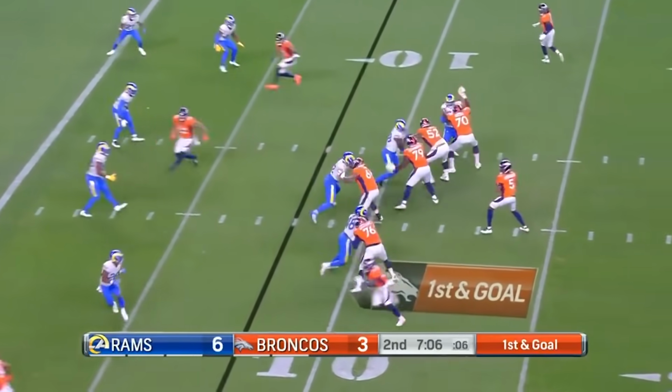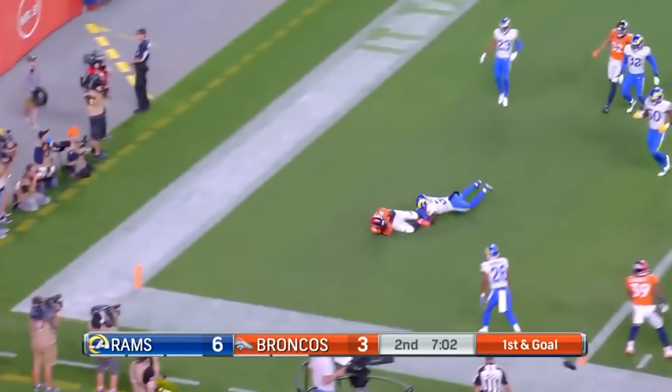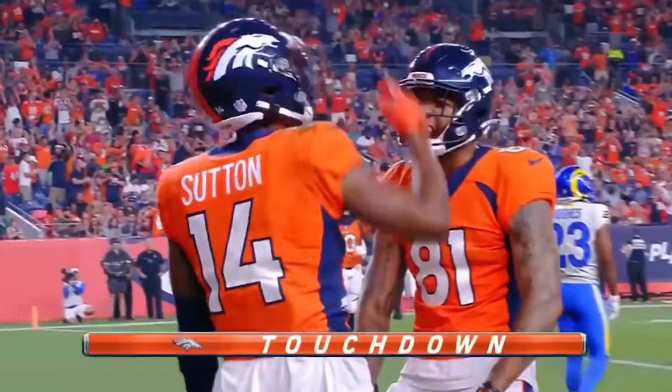But it was good to see them get some points on the board there in the red zone and not just come up with field goals, right? What do you think about the Broncos? A big decision this week, of course, going with Teddy Bridgewater as their starting quarterback. Yeah, I think it's his job to lose, really. Just go ahead and let the guy go in there and start it out, right? And if things happen in the game, then you can switch